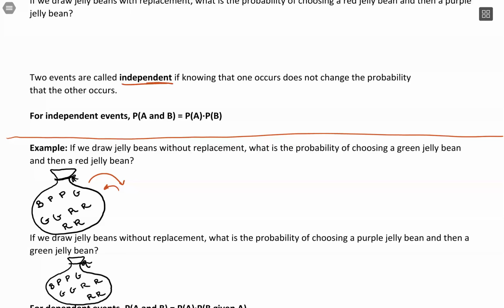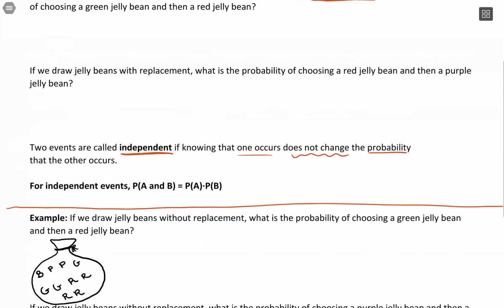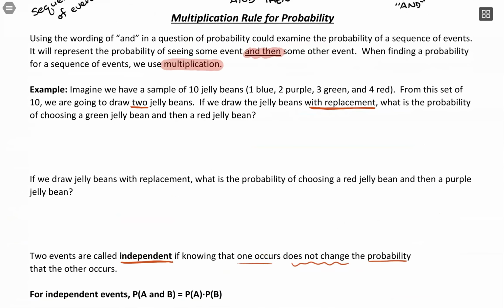So for independence, that's what makes it independent, is that if we have one event occur, it does not change the probability of that next event. So it just stays the same. Then we'll see how that changes when we do remove the jelly beans. But with this, we're working with replacement, so we have our distribution of probabilities, and they're not going to change event to event. So with this, I want to find what's the probability of choosing a green jelly bean, and